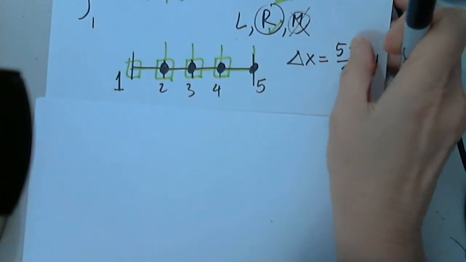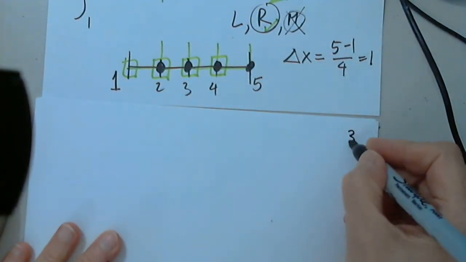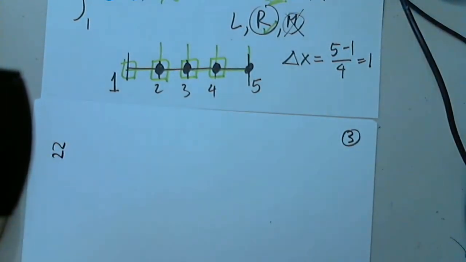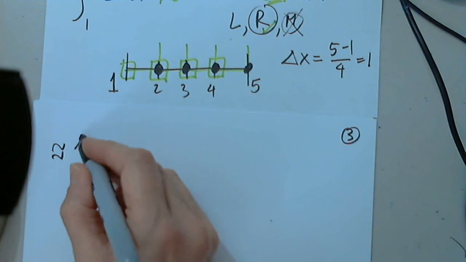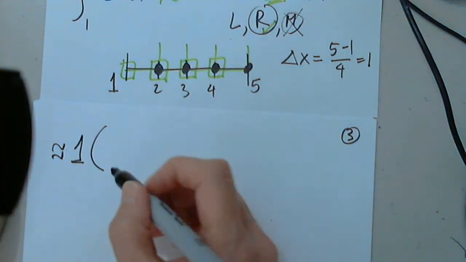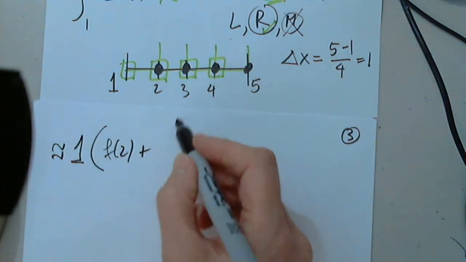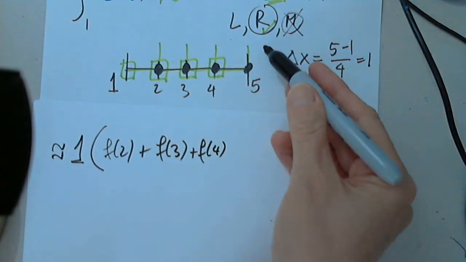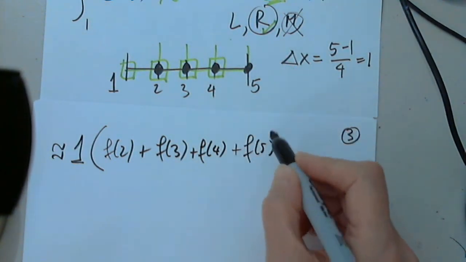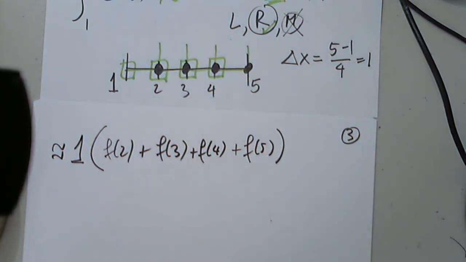Approximately delta x outside, because that's a constant. Delta x is 1. I don't even need to put it in. F of 2 plus f of 3 plus f of 4, because we chose right, plus f of 5. At this point, I stop and I go to the graphing calculator and put these numbers in: stats, edit,